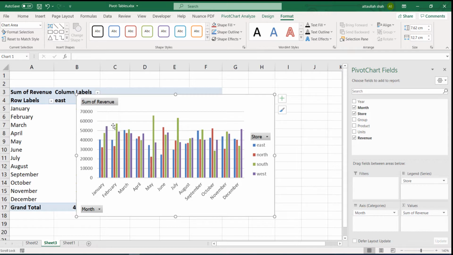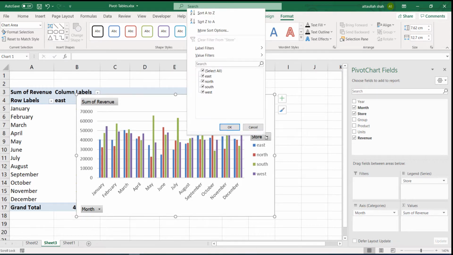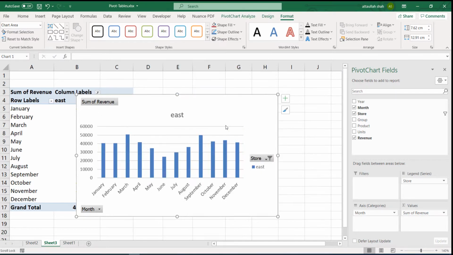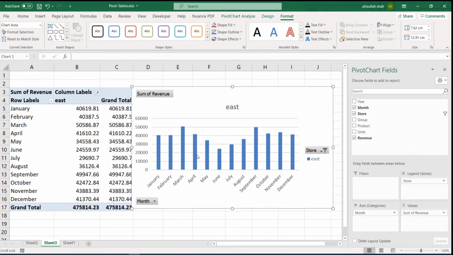And if you would like to select just one store, let's say we want just East, now we have the reports in each month, and we can clearly see that in the month of March and the month of September, sales are usually higher in this store.